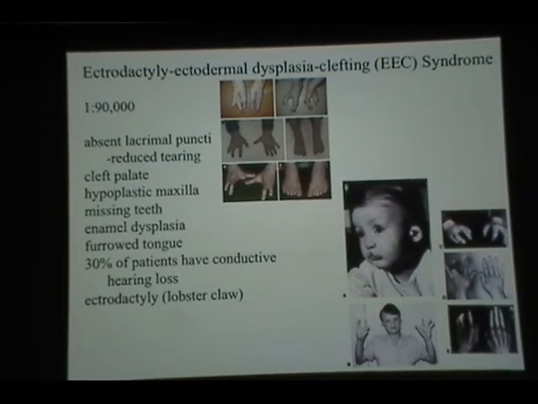The only reason I have this up here is because this is a huge syndrome that can affect digits and limbs. You can have what's called a lobster claw situation here, but it also can have a cleft palate. Now the association between formation of digits and cleft palate and formation of the palate, a common mechanism between the two is apoptosis, programmed cell death of tissues. In this case, the programmed cell death was not arranged properly, it was not oriented properly. Same thing could happen here. We have cell death occurring as that cleft is fusing,